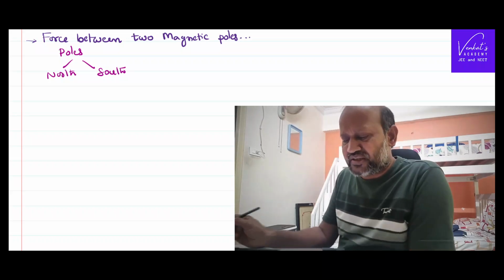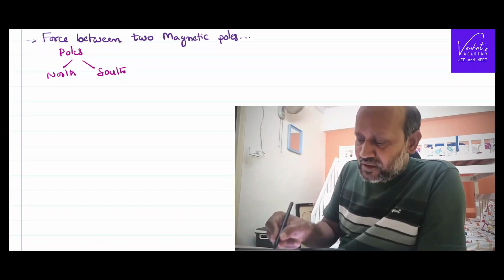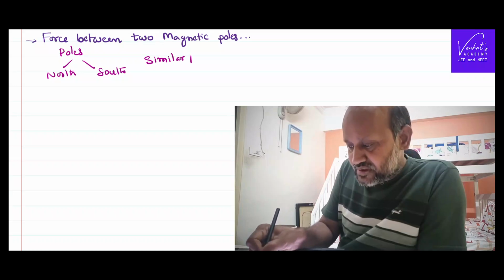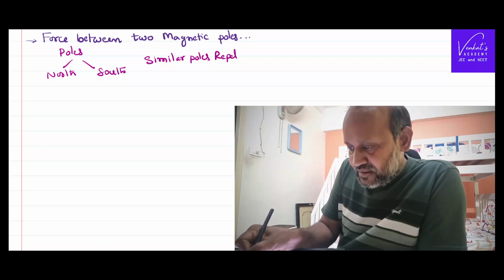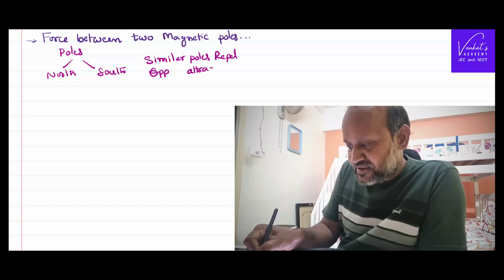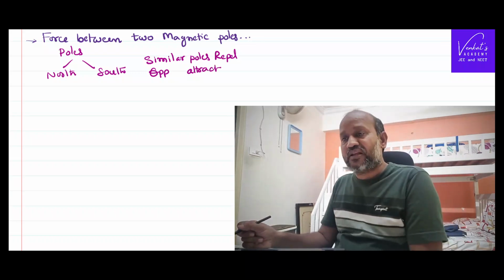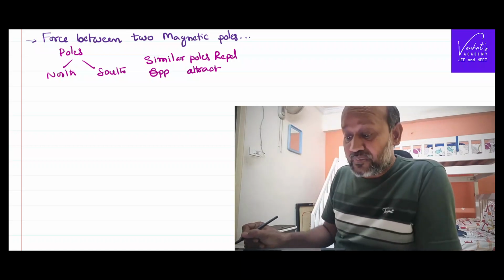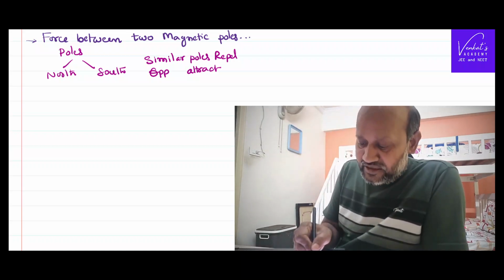We also know that there is a rule that similar poles repel and opposite poles attract each other. That means one north pole repels the other north pole, but one north pole attracts the south pole. But by how much? To find that out, we have a law called